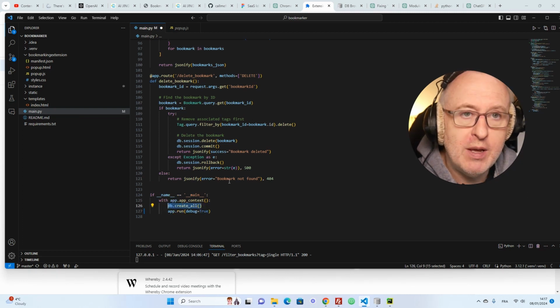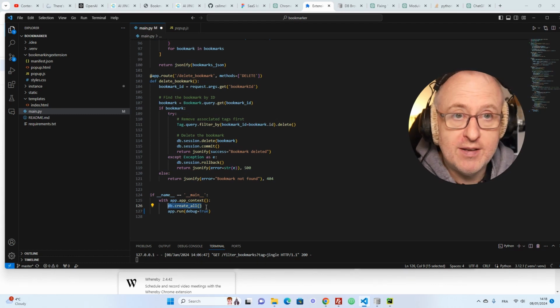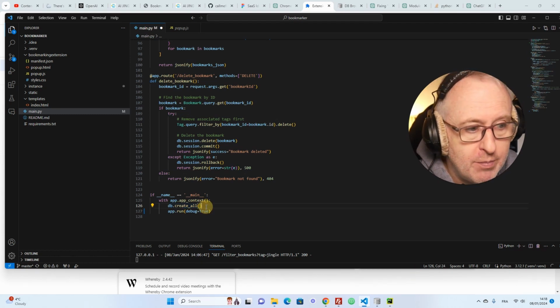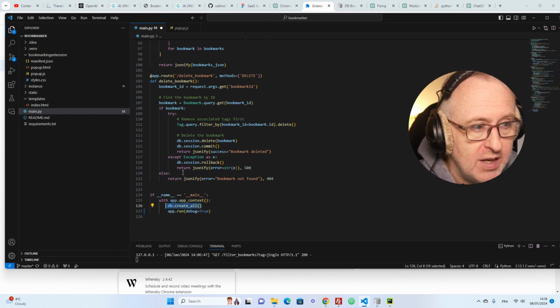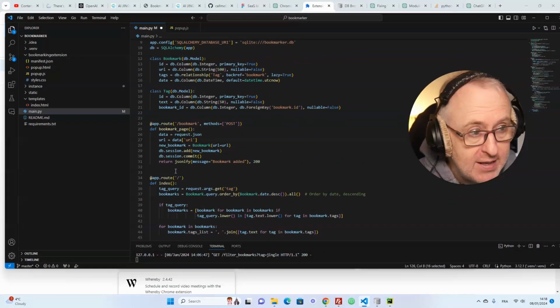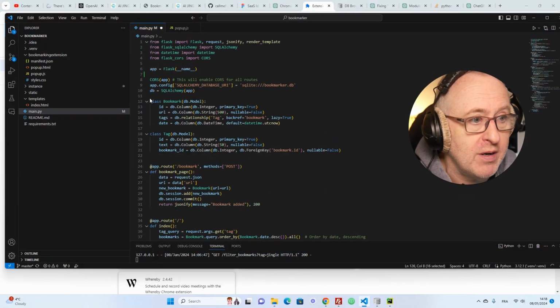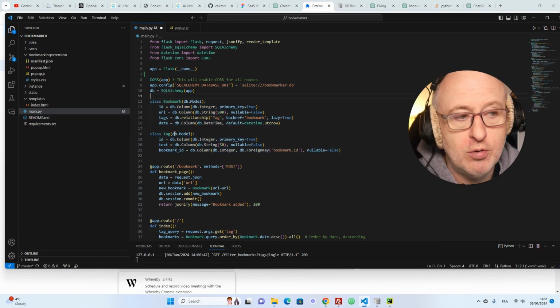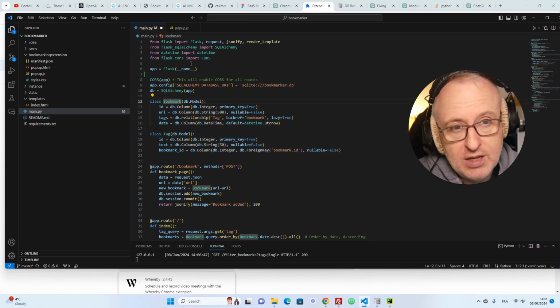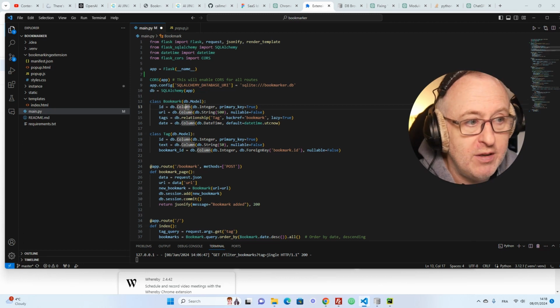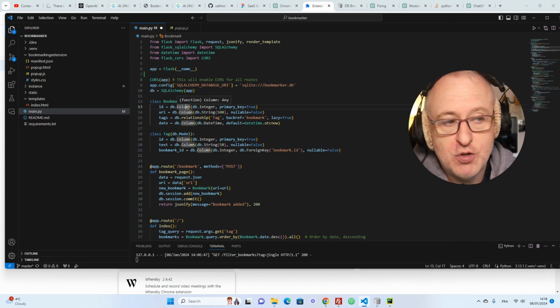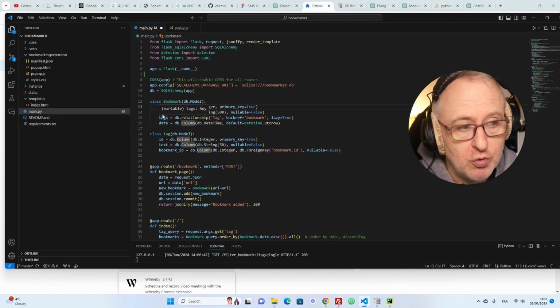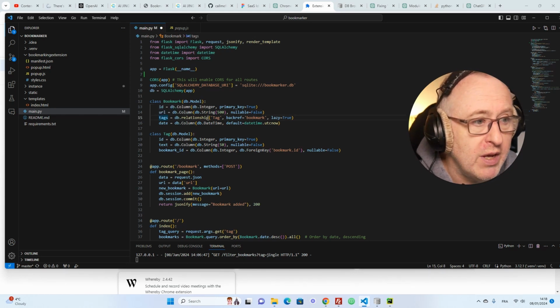And here, if the tables in the database were not created when we first started this app, it creates the tables based on what we call the schema here. We have the schema for the two tables. We have a bookmark table, we have a tag table. In the bookmark table, we have the ID, which is just the unique ID of each bookmark. We have the URL of the website. That's important. We have the tags, but